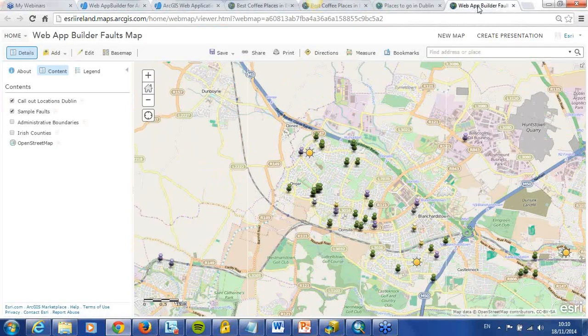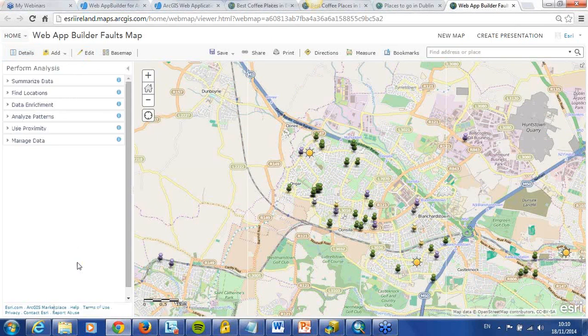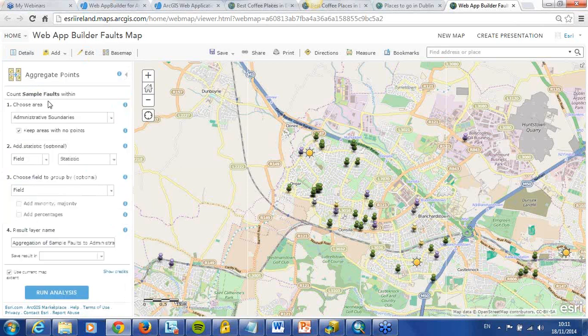My map here. So for the analysis tools, if we just go over to these layers, so perform analysis, there's been new tools added that will let you find the minority and majority of grouped values, as well as the ability to calculate their percentages. So if you're going to run, like, aggregating the number of points within administrative boundaries, say, for example, in this